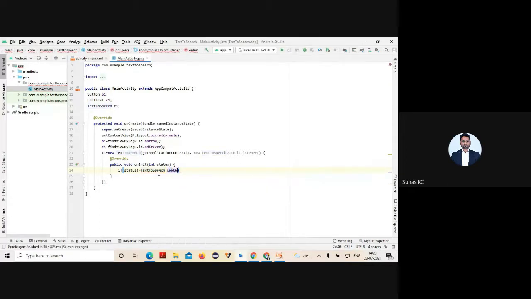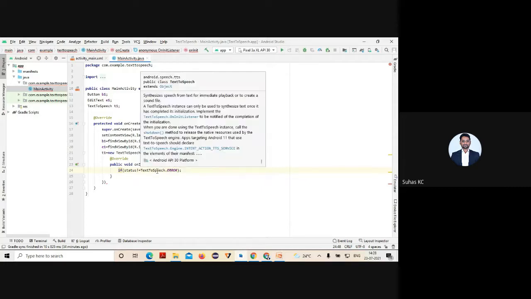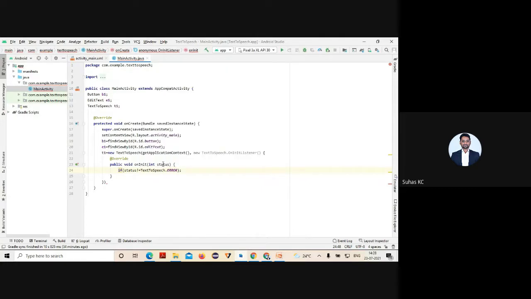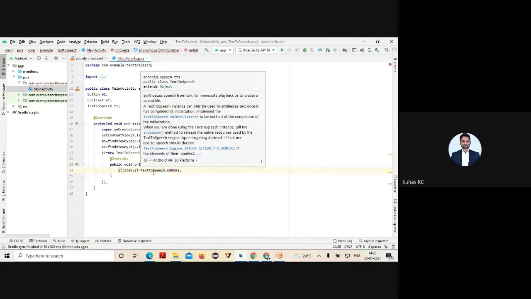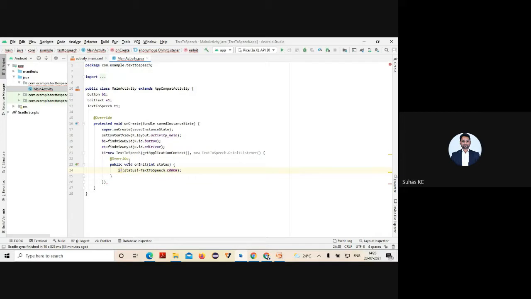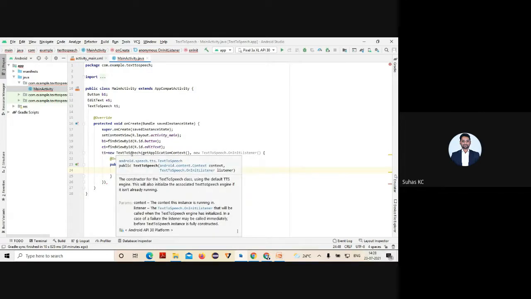What exactly it does is check that it is not having any error, that the TextToSpeech doesn't have any error. That's it, the status doesn't have any error. So at that time what exactly do I need to do? See here, what exactly the TextToSpeech does is it is a constructor. Why is it used? In order to convert your text to speech.